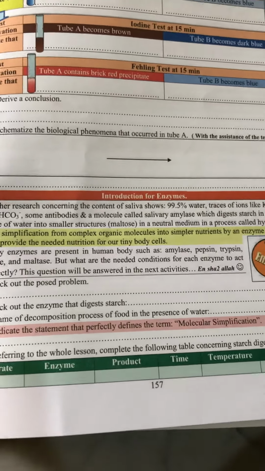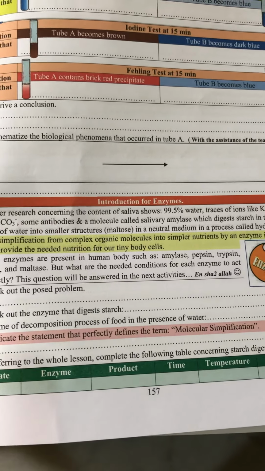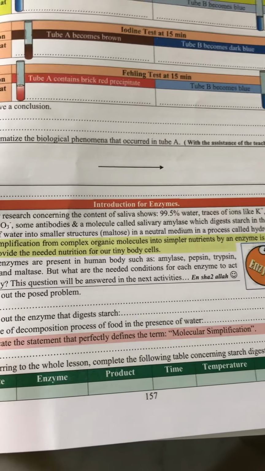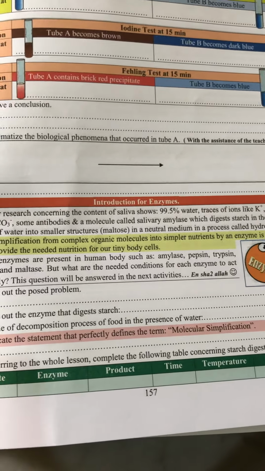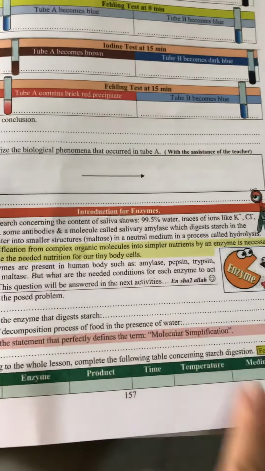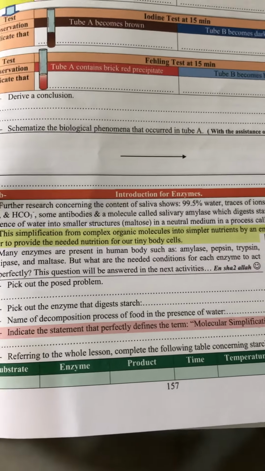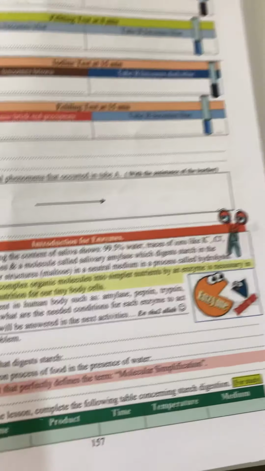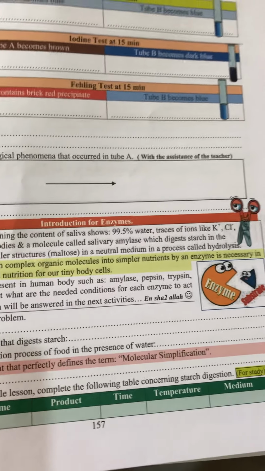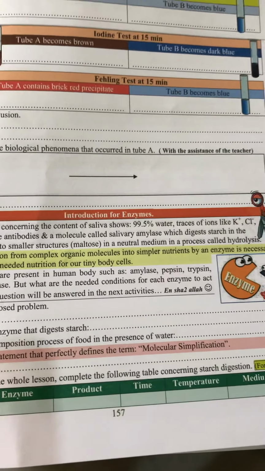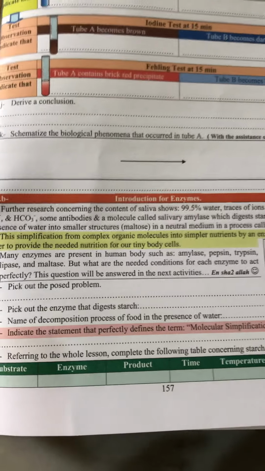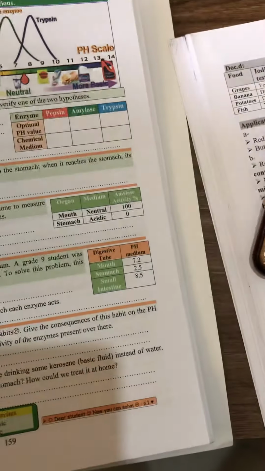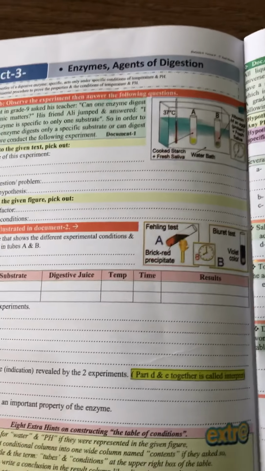So this salivary amylase is called an enzyme, and we have different enzymes in our digestive system, present in the digestive juices. You have the amylase, the pepsin, the trypsin, the lipase and the maltase. So these are the things that we are going to talk about in our new lesson, and mainly the conditions for these enzymes to act properly. So I will ask you please to open on page 158, and we are going to start with enzymes,